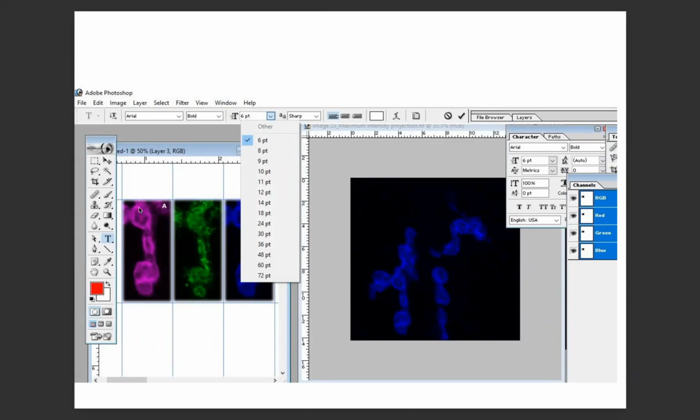The important point is the layer. There are three layers here, layer 1, layer 2, and layer 3. If you want to add A, B, C, that will become layer 4, layer 5, layer 6. So just click on the layer, and if you want to do some editing, go to that layer. Like I want to make some changes in layer 1, so I go to layer 1, click it and do all the changes here.